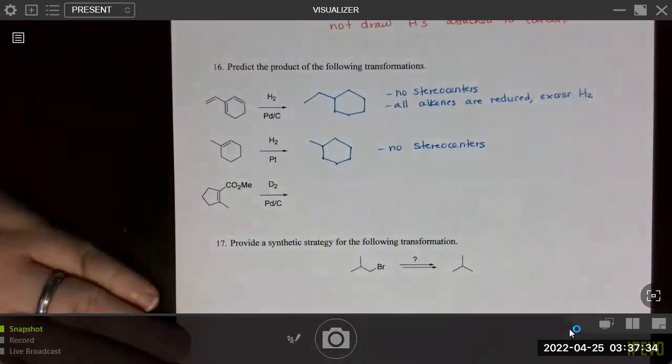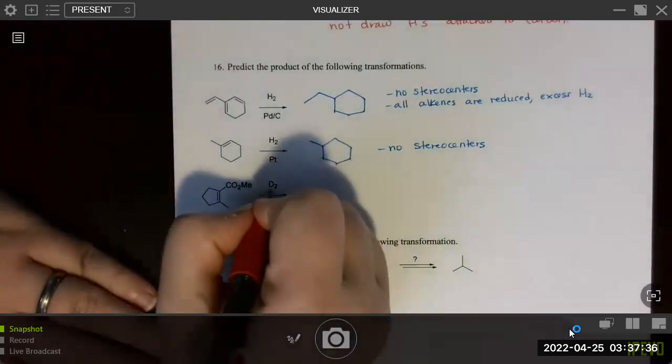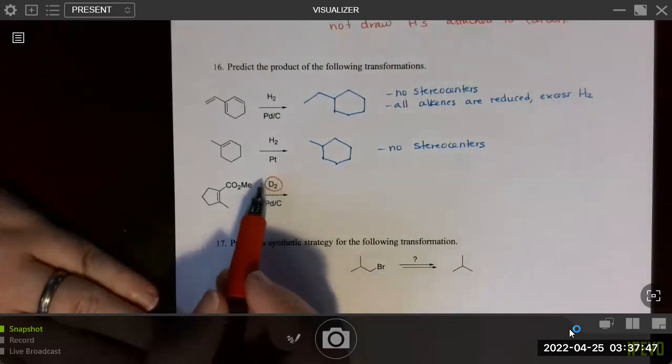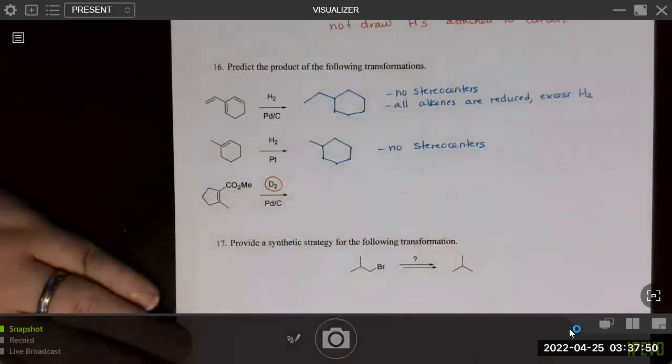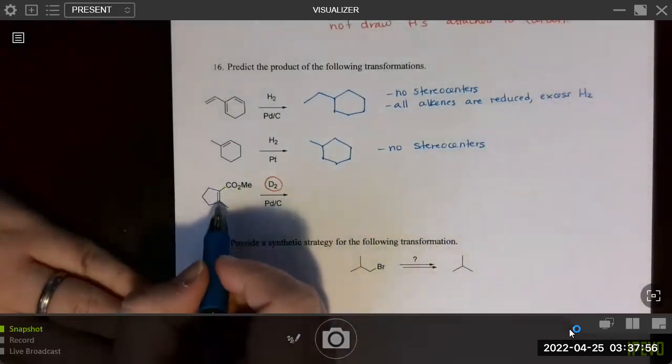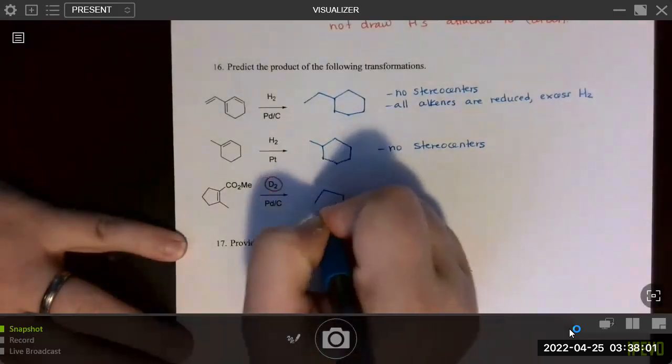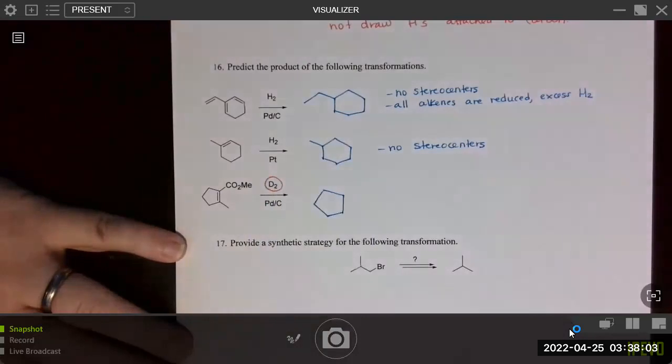This one, though, is a little bit tricky because they're talking now about deuterium. Remember that deuterium is kind of like labeled hydrogen. It's just a different isotope of hydrogen, and they draw it so that you can clearly see where the hydrogen gets incorporated into the molecule. So we want to draw that, but both of these are going to become chiral centers. So in this case, we're going to have 2 new stereocenters. We want to make sure to draw that syn selectivity.